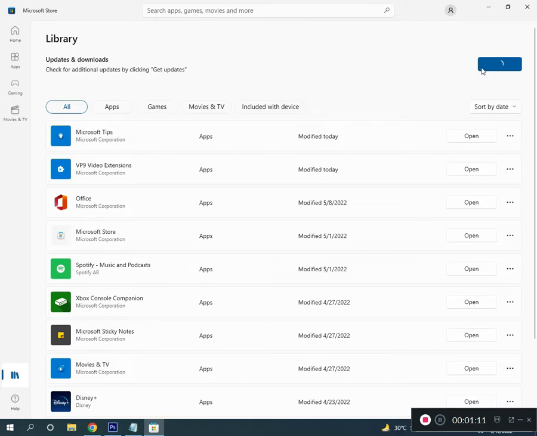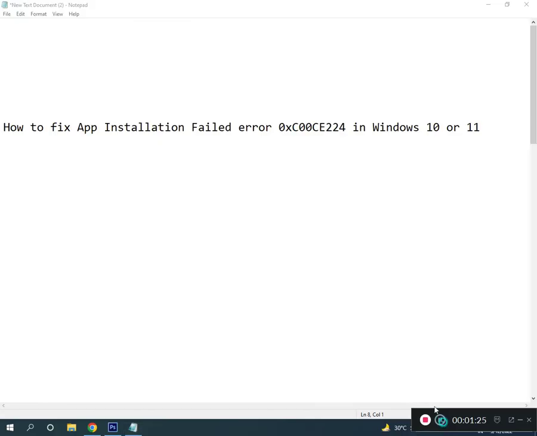Third way. Then I give you the third way. So this is showing a tick, so all apps are up to date. Then guys,